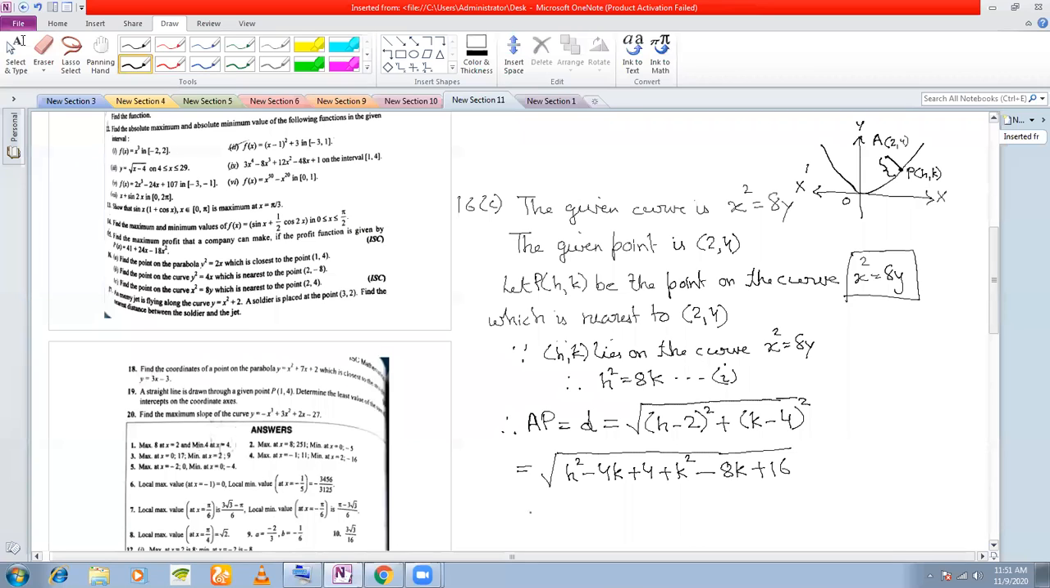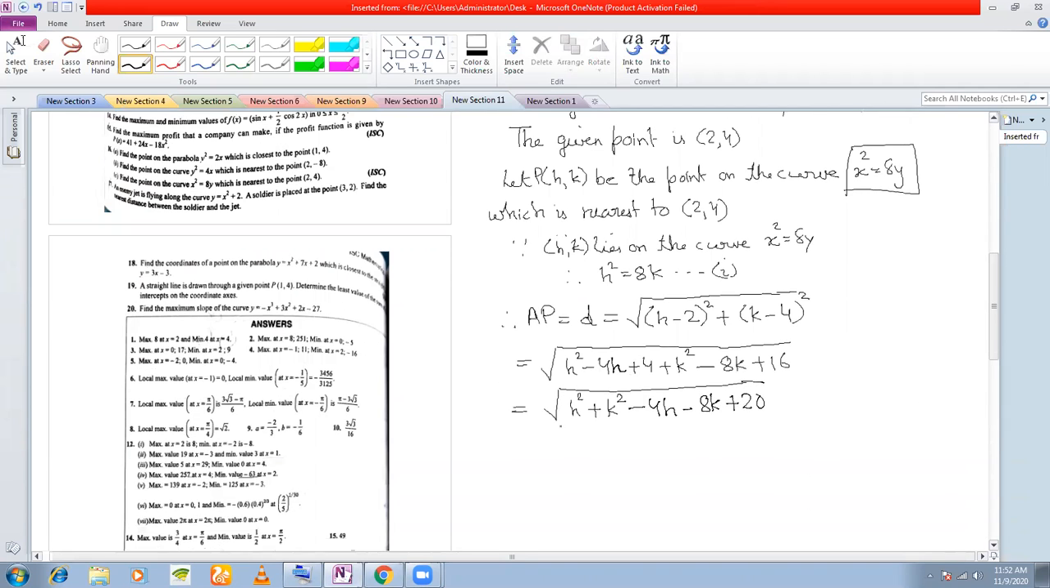And now you just simplify this further. You get h square plus k square. This is 4h, not 4k. h square plus k square minus 4h plus 20, which is root over of